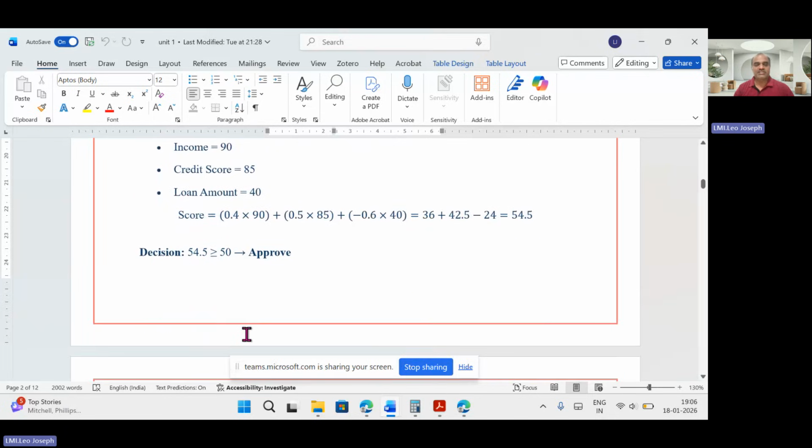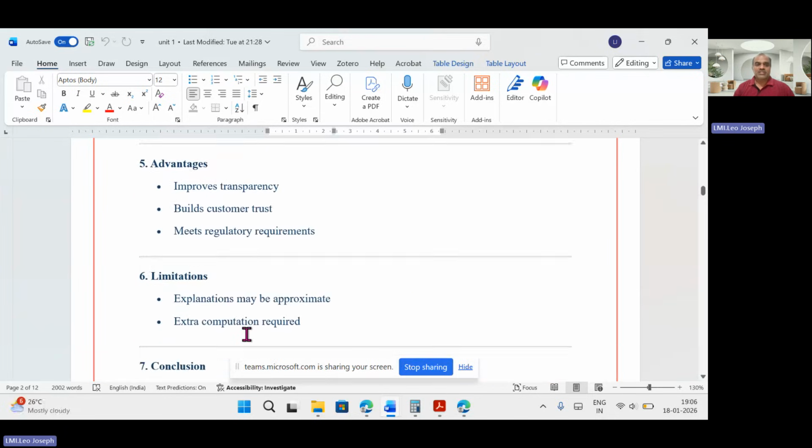Okay, I hope it is understandable. So it improves the transparency, it builds customer trust. If you go to that bank, on seeing the parameters, I am satisfied, my loan will be approved. Then how many customers will come to your bank? No need to stand, no need to explain. I myself know my loan will be accepted. Then go ahead.